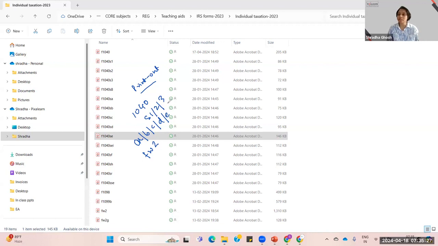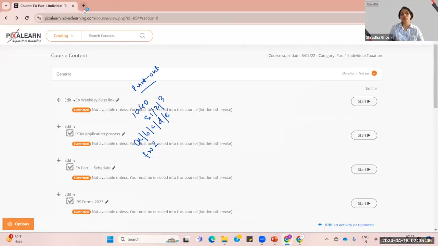So what is your objective of this paper? The objective of this paper is, after completing this paper, if you were to file somebody's return, let's say you don't know certain things, can you navigate your way out and figure out how to go about it? Okay, so how do you do that? See, every data that you want in this is already in public domain. So if you go to